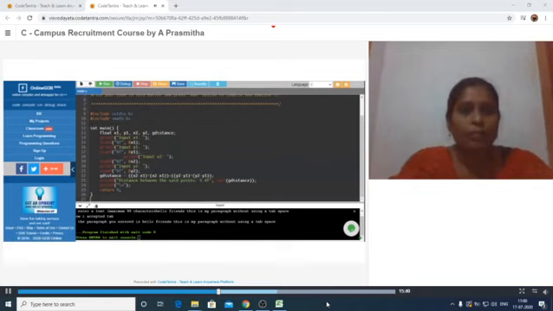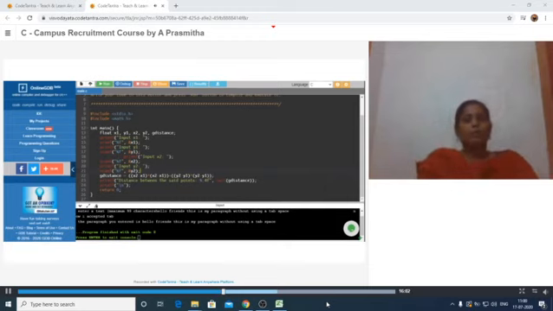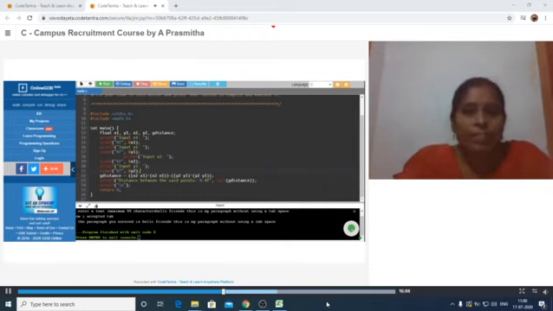Now see, here I am using two header files, one for standard input output functions and another one for mathematical functions. Here the mathematical function that I am using is sqrt, which is a square root of a number. So here I am taking floating variables x1, y1, x2, y2, which are 2 points of the given plane, and distance is a variable which is going to calculate the distance between x1, y1 and x2, y2.